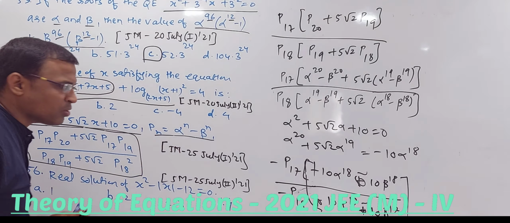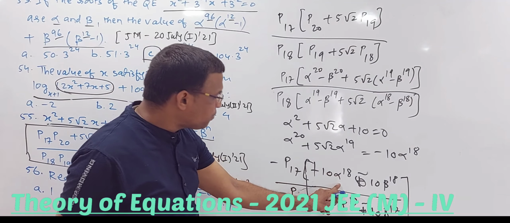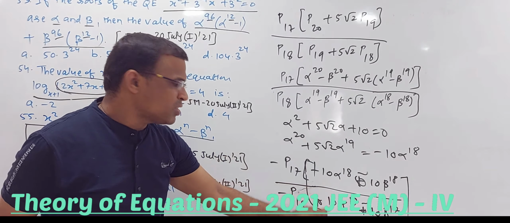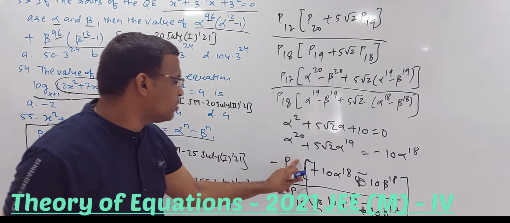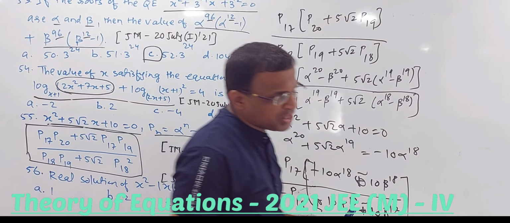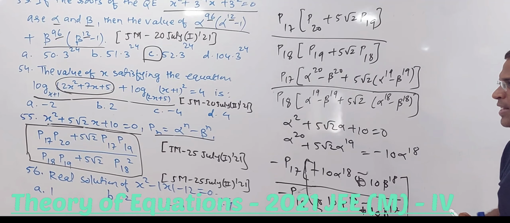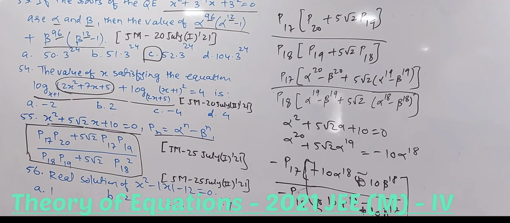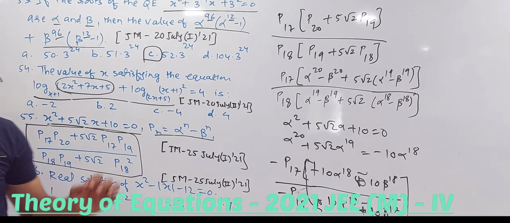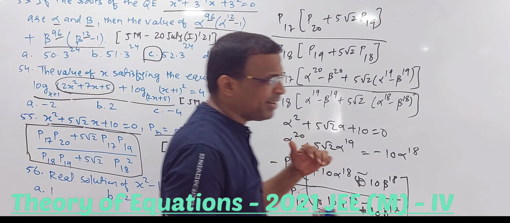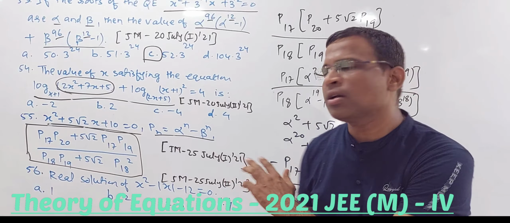Fine. And then just simply we can replace this with P18. Because 10 10 get cancelled, and this is P17. So P18 upon P17, P17 upon P18. So everything gets cancelled. The answer for this question is simply number 1. Pure number 1. Seems to be tough, seems to be time consuming, but if you just check out the earlier PYQs, it is just the repetition of that.